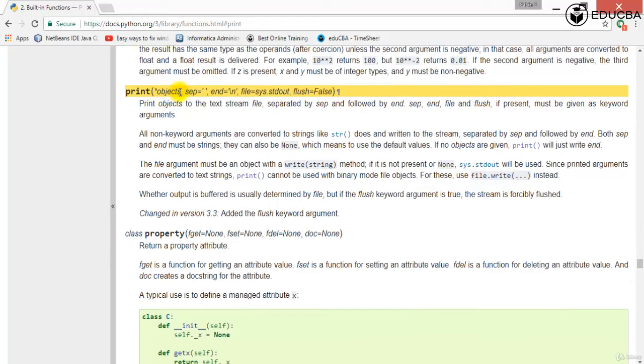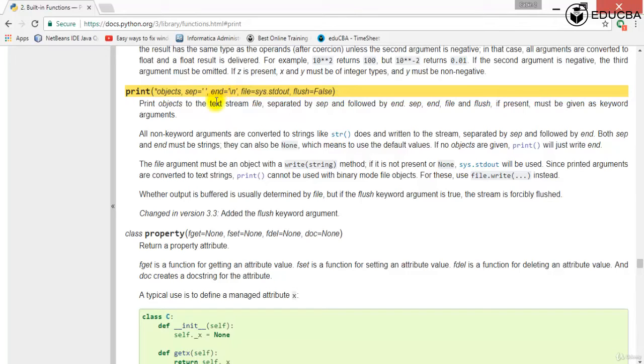I'll explain star objects to you later. But it means you give me all the variable values, how many ever values you want, and I will store them all in objects that you want to print. After that, this particular function has a definition. In that function, there is a keyword argument called sep. Can you see this? And that keyword argument sep has a space as a default argument,